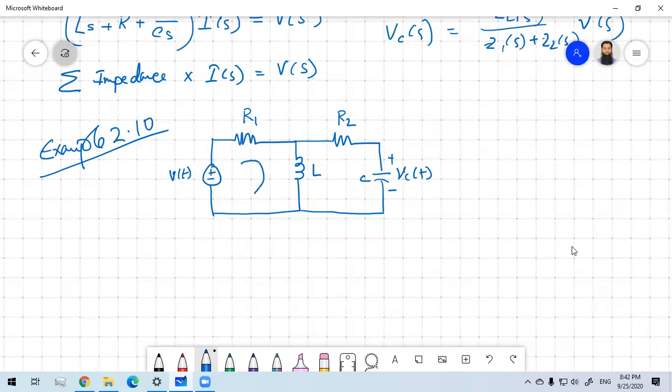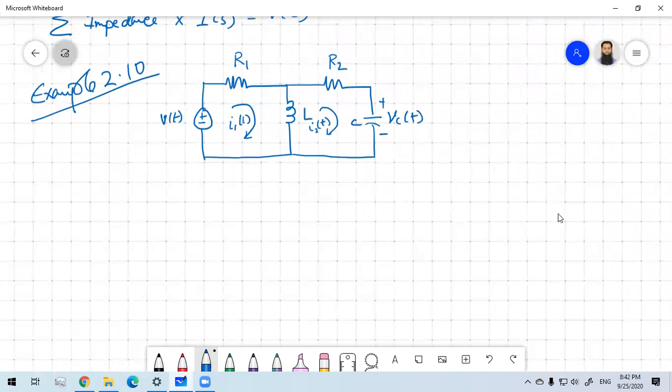You have two currents in the two loops, so this is your I1(t) and this is your I2(t). So as before, as you know from the first year, you have your own choice of choosing the current direction. So if after whatever direction you have chosen, your current gives a negative value, that means you have to change the direction after the solution. Okay, so now